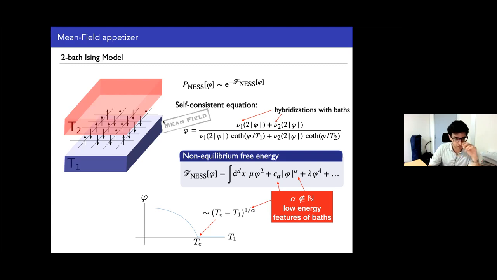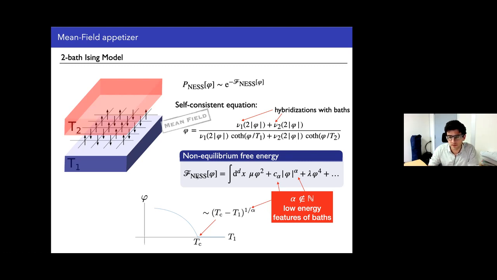And of course, if you were to work in equilibrium, say you put the temperature T2 equal to T1, then the self-consistent equation that you see here would simplify to just phi equal to tanh of phi over temperature, the usual self-consistent mean field equation that you get with the bias field, right? Here we're out of equilibrium. We can go directly to the steady state, and this is the equation you get, and you can elevate it to the rank of a free energy, an effective free energy functional f.